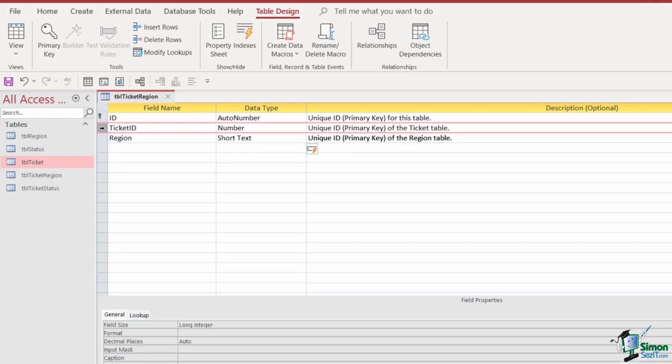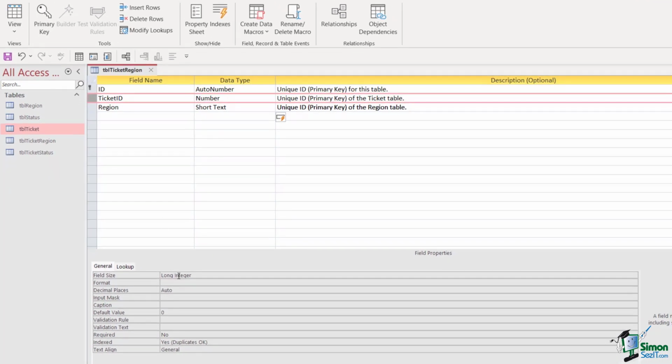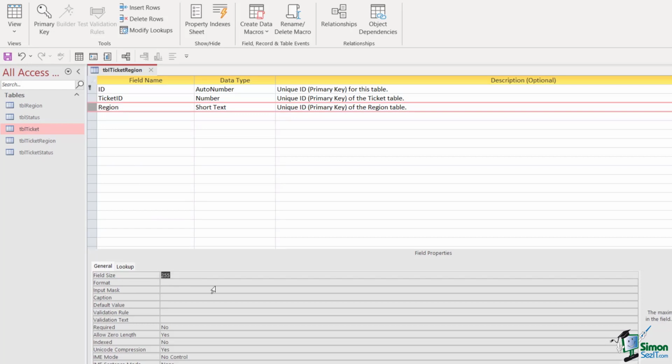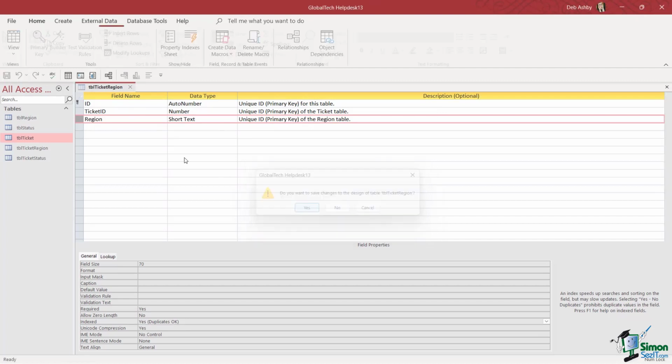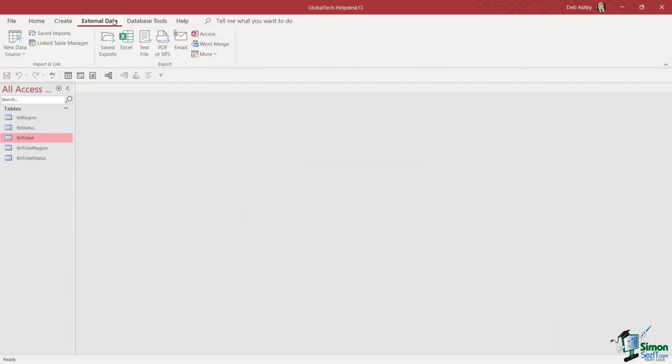Now let's just check our field properties for ticket ID. That's long integer, required yes, indexed yes. And for region, I'm going to take this down to, let's say, 70, required yes, allow zero length no, indexed yes. So now that we have our link table, let's close it down and save the changes and jump back